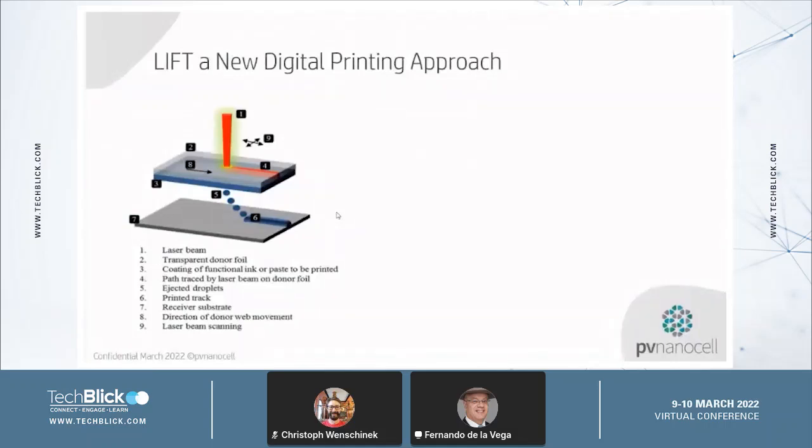LIFT is a laser-induced transfer technology, in which, as you can see here in the diagram, we have a donor, which is a substrate that is transparent to the laser, together with the material that we want to print coated on it. Then we expose this donor to a laser ray, and in the place where the laser